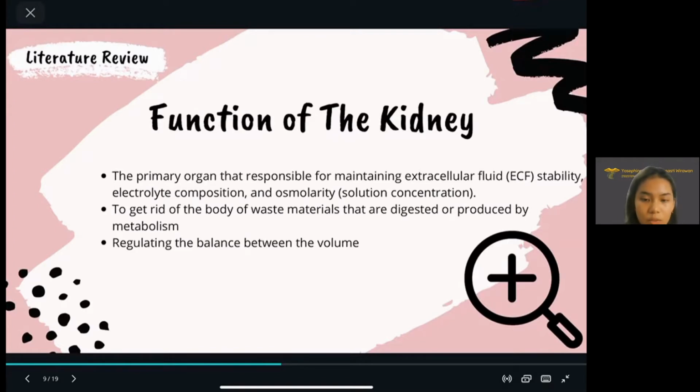They regulate the osmolarity of our body fluid by excreting urine osmotically. If the body is dehydrated or has little fluid in it, the urine that will be secreted is concentrated urine. Otherwise, if the body has enough or excessive fluid, the urine that will be secreted is dilute urine. That's all from me. The next part will be continued by my partner. Thank you.